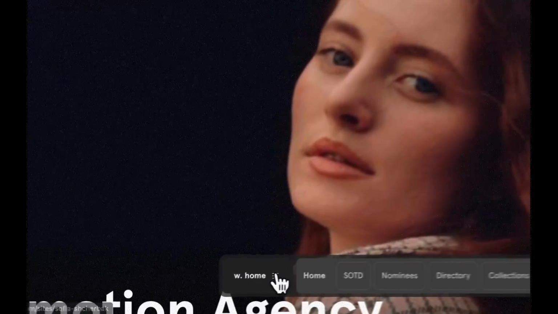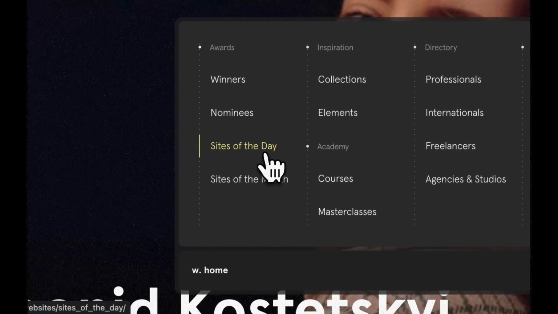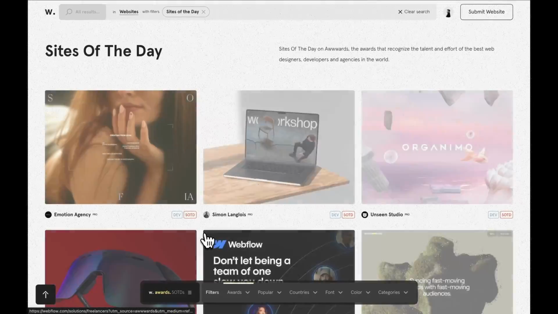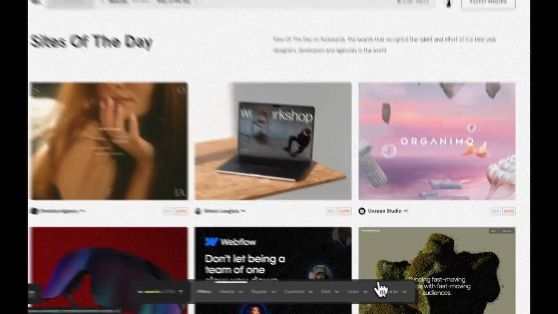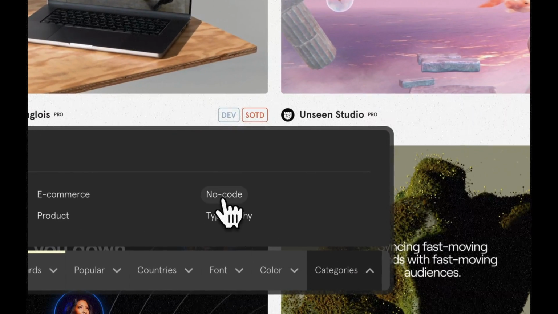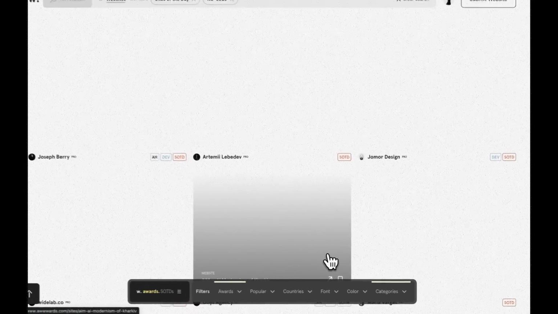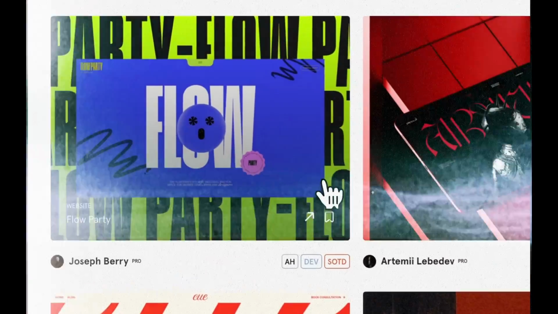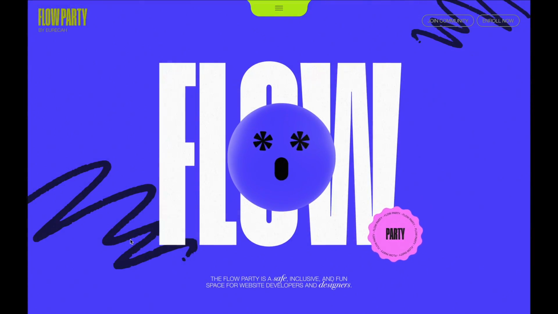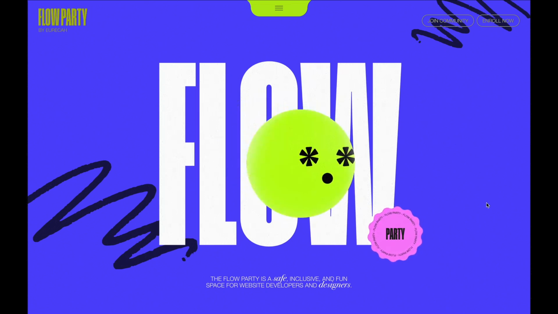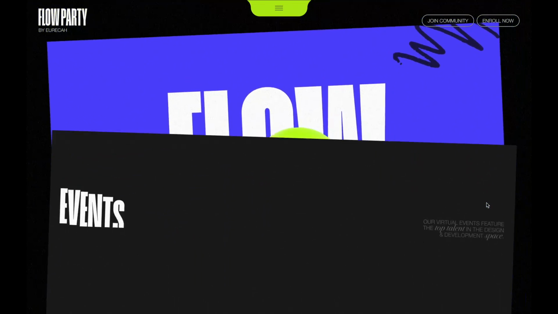You very well know that I usually explore SOTDs to find my next project inspiration. However, this time I have taken a slightly different approach by filtering for the no-code category specifically. During my search, I stumbled upon this amazing website featuring a couple of standout animations. One of these was a captivating mouse move emoji that animated in response to cursor movements, and the other was